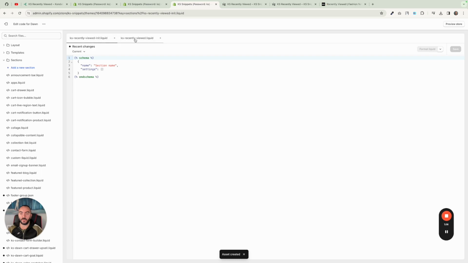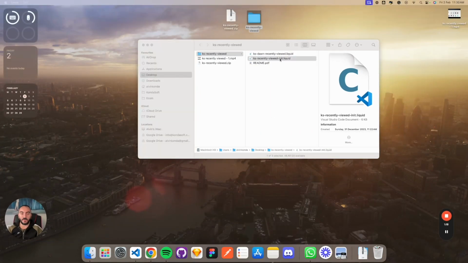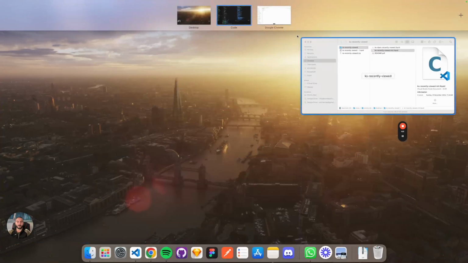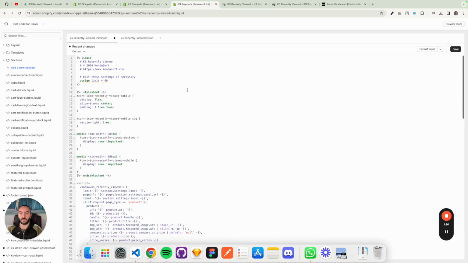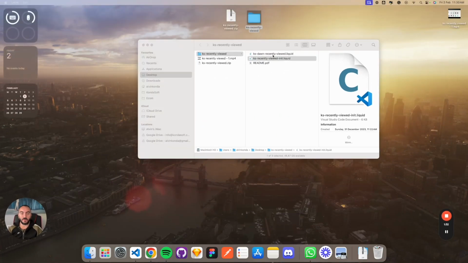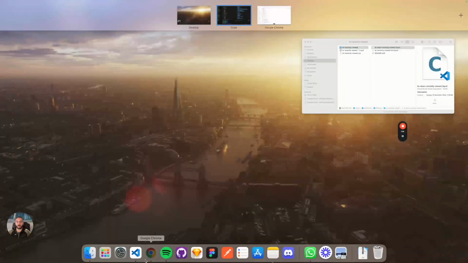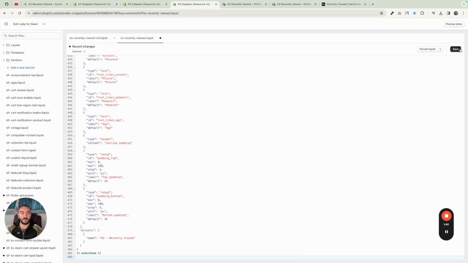Okay, let's quickly copy both files, the one marked with init, paste the contents of the file and hit save, and the other file without the init suffix. Copy everything in the file and paste it here. Okay, now that both sections are added,